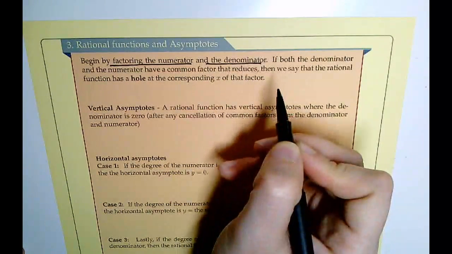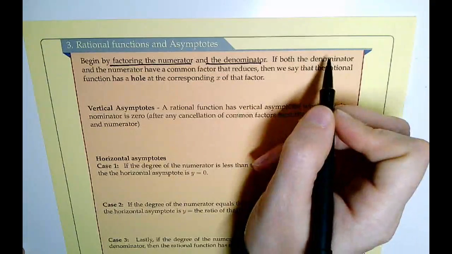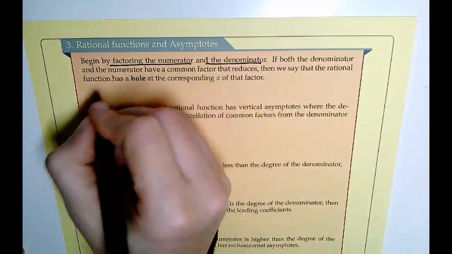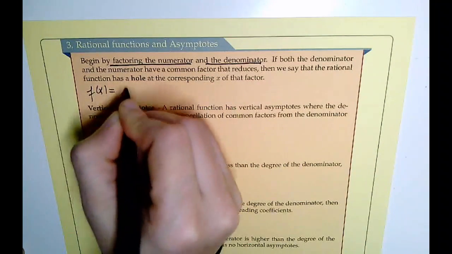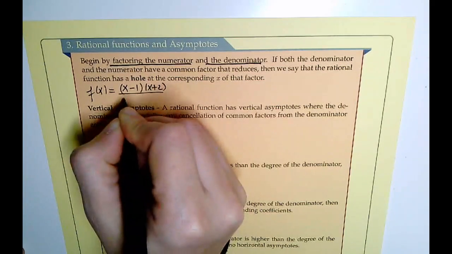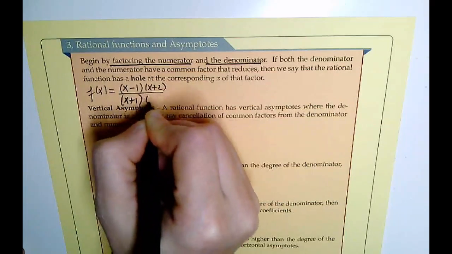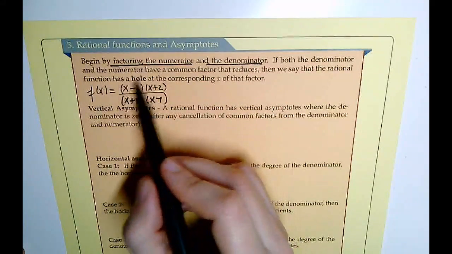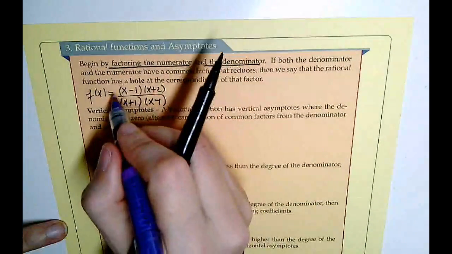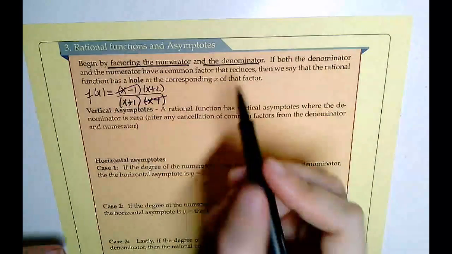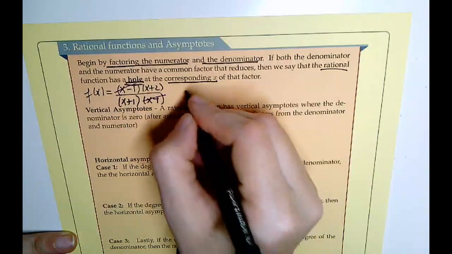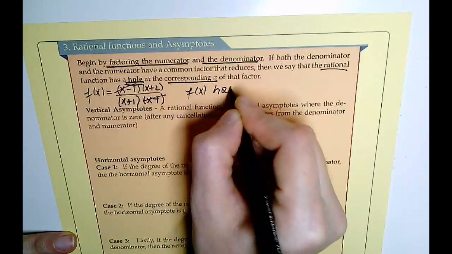and the denominator. Then, if both the denominator and the numerator have a common factor that reduces, so for example, if you have f of x equals x minus 1 times x plus 2, after you factor it, you get x plus 1 times x minus 1. Notice that both the numerator and the denominator have this factor that I can reduce. Then we say that the rational function has a hole at that corresponding x. So f of x has a hole